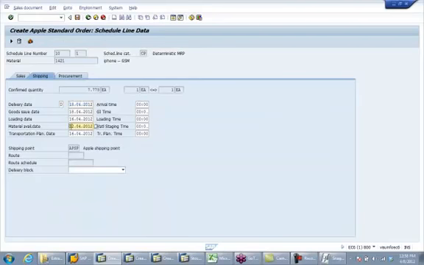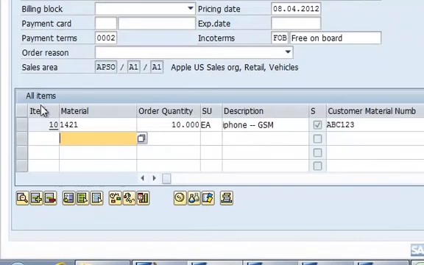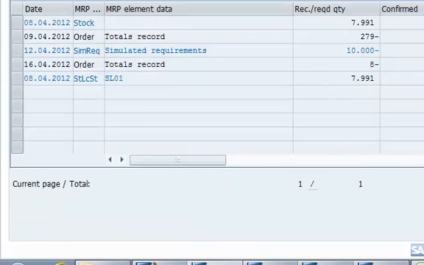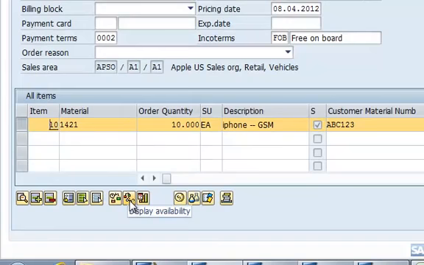Okay, because on this material availability date only that stock is available. So if you just select this and, okay, this shows the display. This icon shows the availability overview. So if you check the display availability,